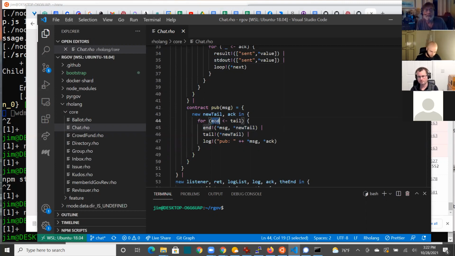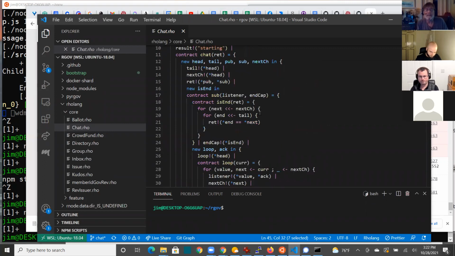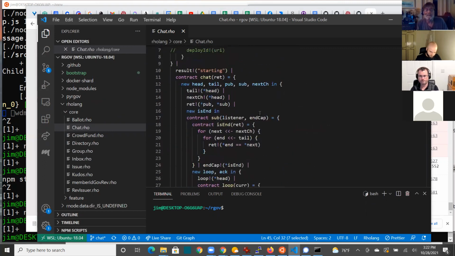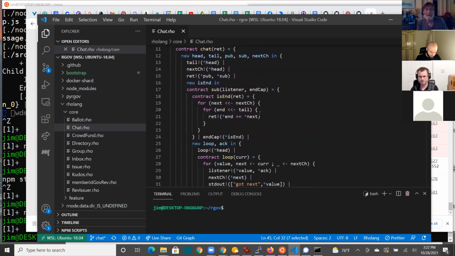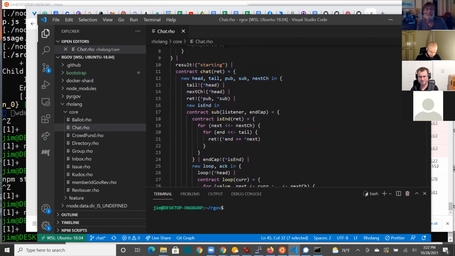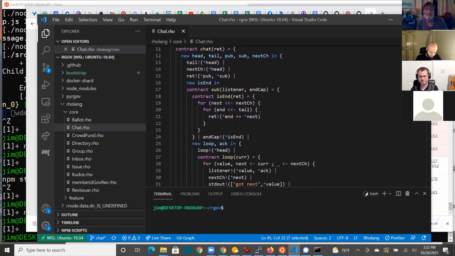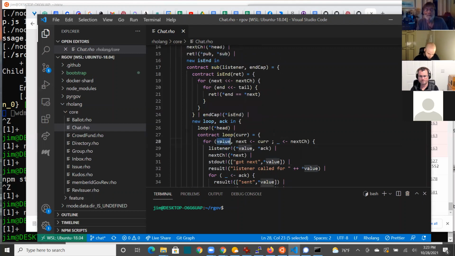Okay, we read the old tail and we put the message at the tail. And then, just to confuse things, when we subscribe, in the loop,